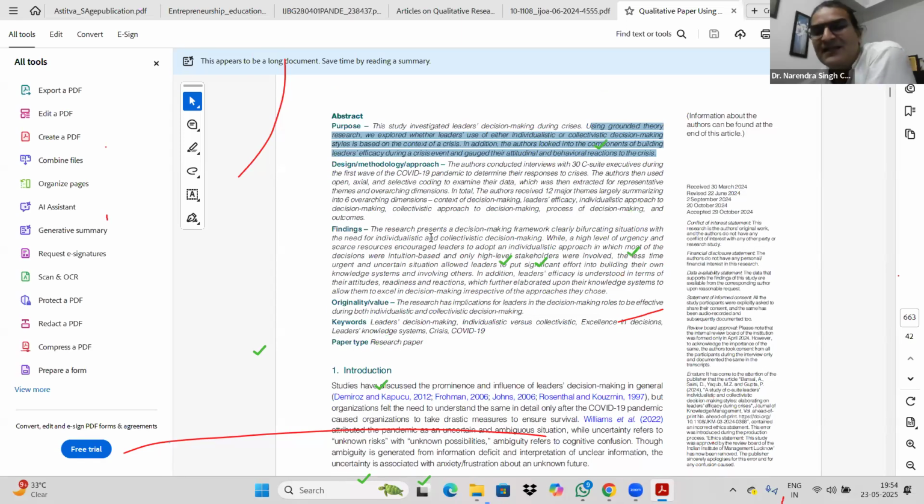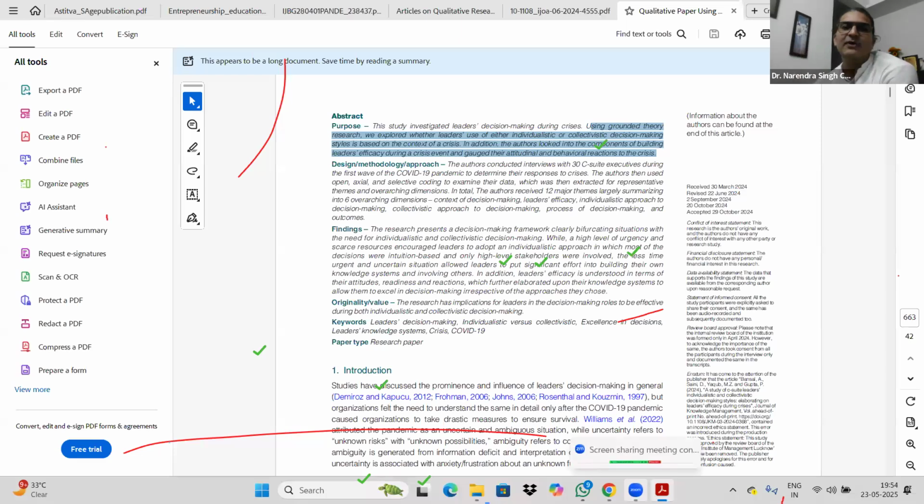Now there's another task for everyone. I will be sharing all these papers with you. You are requested to kindly go through them first. Try to read. If you're not understanding it completely, that's perfectly fine. But at least read them and then come to the session so that you can better understand them.